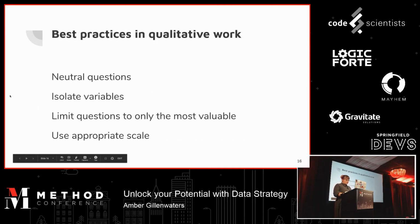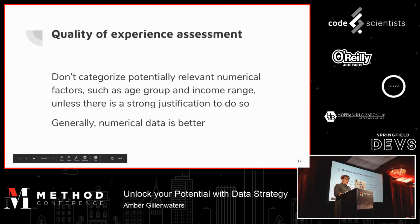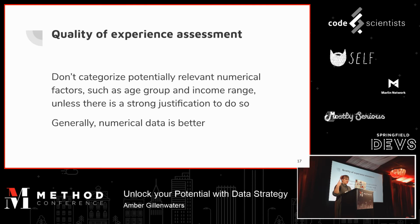Okay, so best practice would be to write questions neutrally, to isolate those different parts of the question, limit those to only that are the most valuable, and to use an appropriate scale. This one's really important, and I see it a lot. Don't categorize potentially relevant numerical factors. Big ones would be age group and income range, unless there's a really strong reason to do that. And there's a lot of different